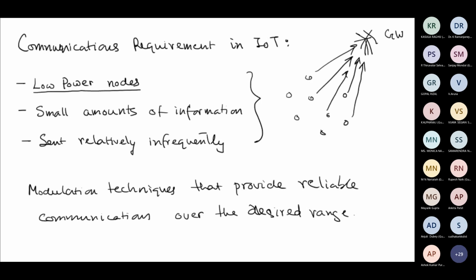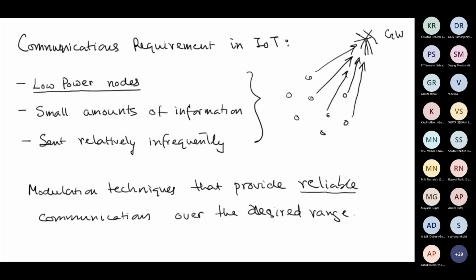This is the standard model for IoT data collection, and it is the simplest possible model. So what we want are modulation techniques that would provide communication from point A to point B with an acceptably low packet error probability, which is what we mean by reliability. And that must be achieved without spending a lot of power, because as we all know from communication theory, if we increase the power, then of course we can get reliable communications as long as certain other conditions are fulfilled. For example, we are ignoring interference in that particular statement, but in the absence of interference